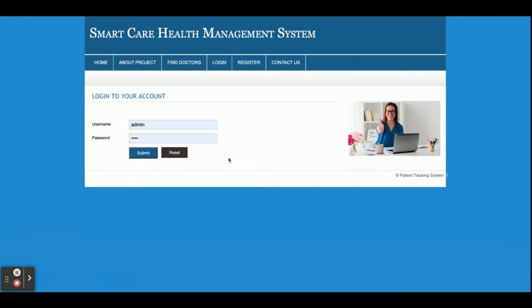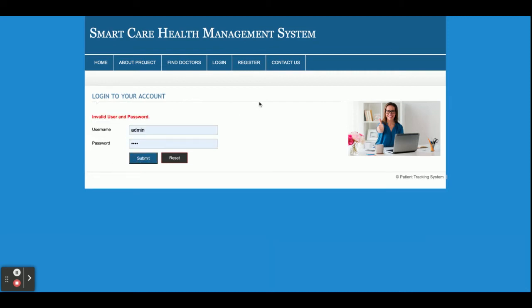This is the login. It is a single login for patient and doctor. The patient and doctor can log in from the single page, but according to the role, the internal functionality will be changed. If a doctor logs in, the internal dashboard will be different. If a patient logs in, then the internal dashboard will be different.